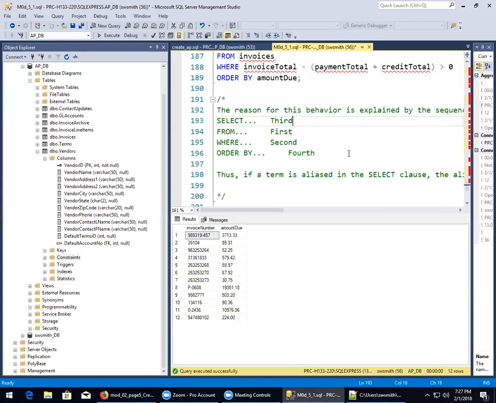Then the third thing it does, it goes through it and it decides which of those fields to return, and that is when the columns get renamed. So until that third step happens, that name that you put on that column doesn't exist. And finally, the last thing that happens is the order by. And this is why